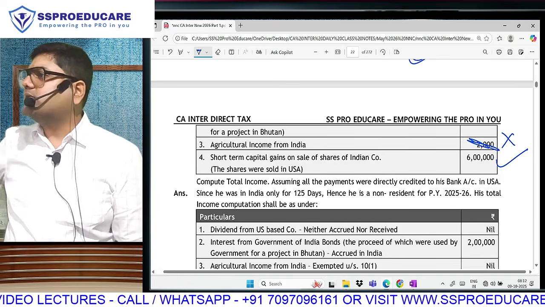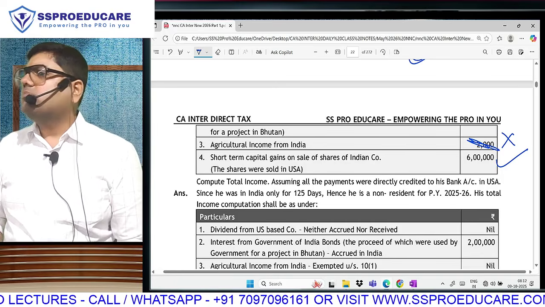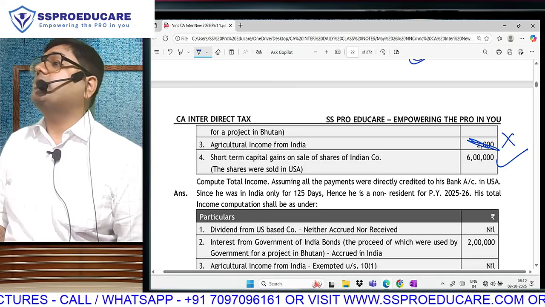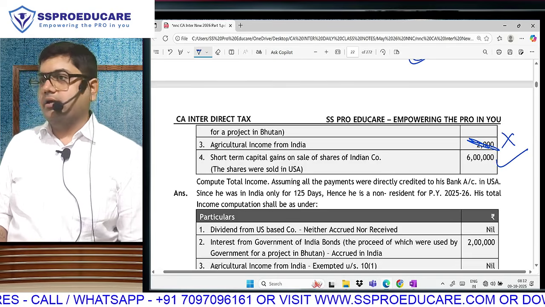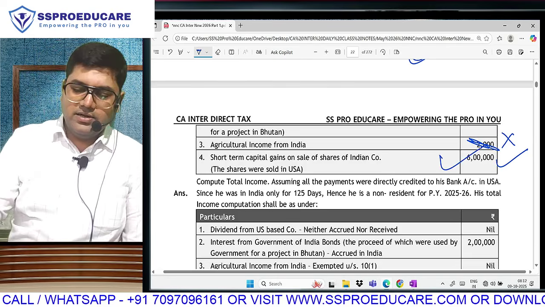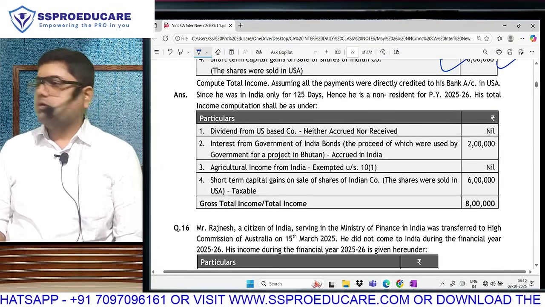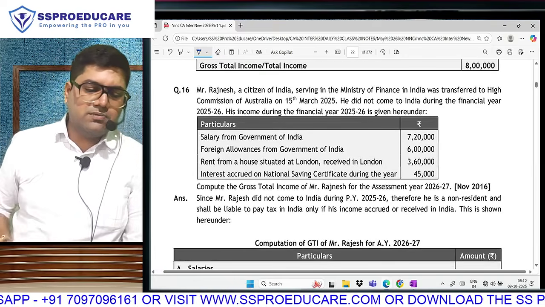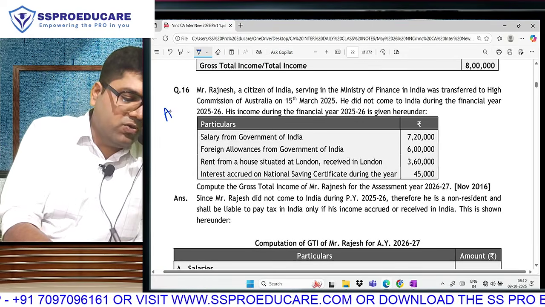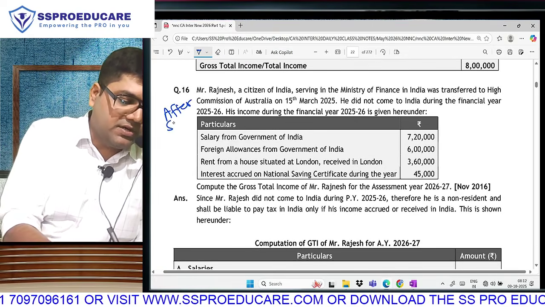Payment was received in USA, but income from asset located in India will be deemed to be Indian income. Correct hai? Accordingly, your taxable income will be 2 plus 6, 8 lakh. Clear hua? Okay. As far as question number 16 is concerned, you won't be able to solve this question now,